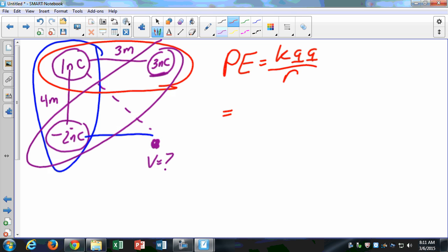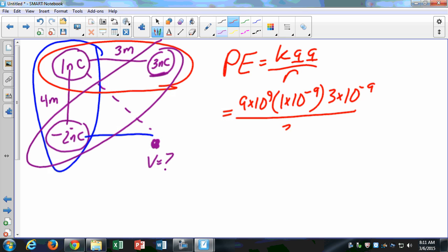So for example, doing the 1 and the 3, which I circled in red there, that's 9 times 10 to the 9th, 1 times 10 to the minus 9, 3 times 10 to the minus 9, divided by 3 meters, plus